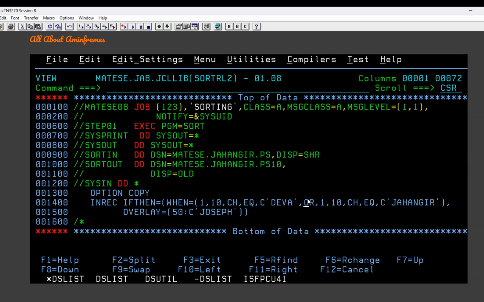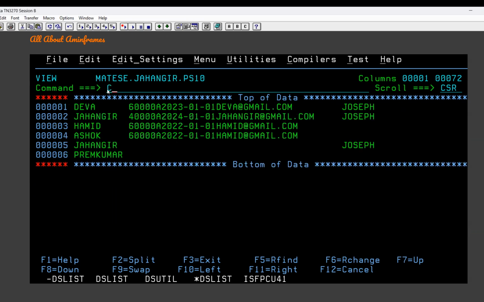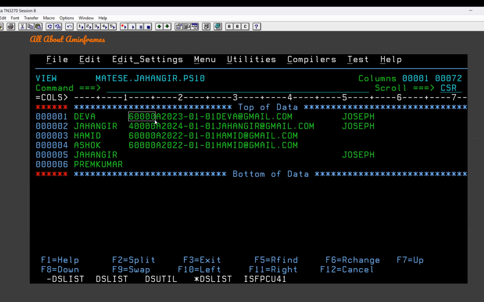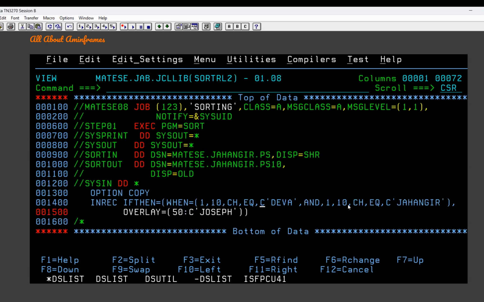You add an and condition here. It will take the first 10 positions, there should be Deva, and if the salary is 60,000, and salary starts at 11th position, 5 length. If it is 60,000, and condition. If in the first 10 positions you have Deva and also in the same record at 11th position you have